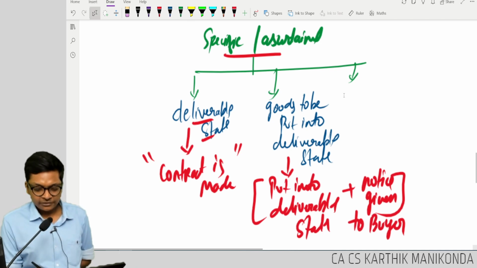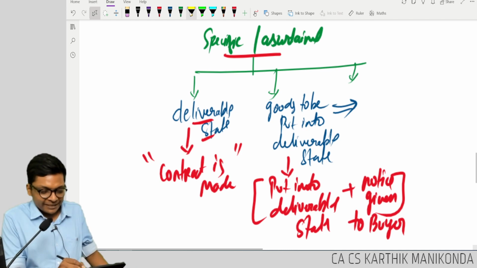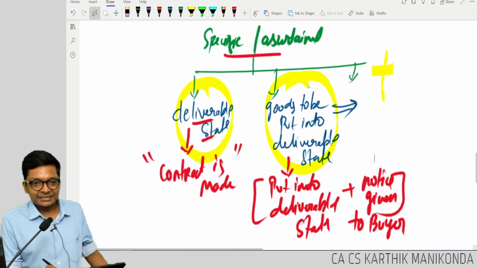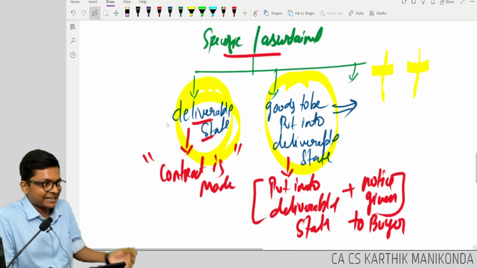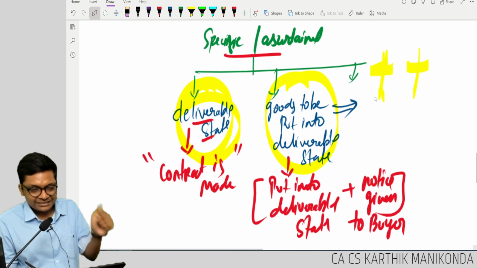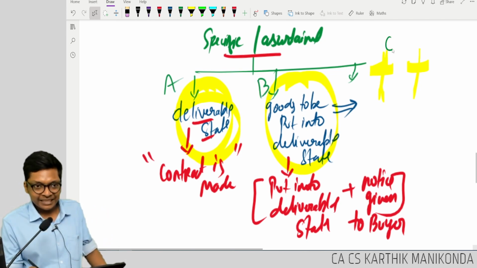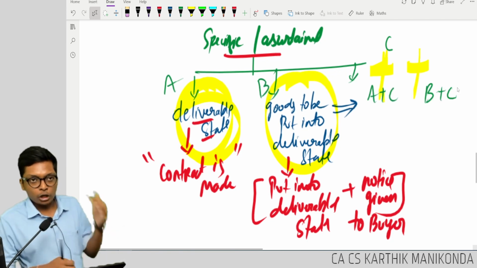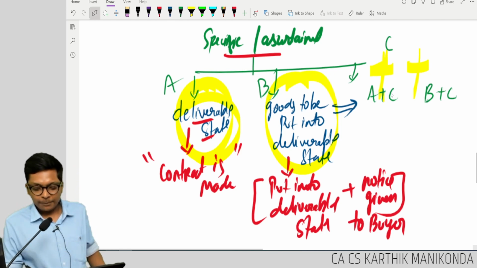Last case is where the same thing will continue. Goods to be, it can be basically this plus this or this plus this. Any one combination. Either goods are already in deliverable state plus the third point. If I write A, B and C, it can either be A plus C or B plus C. Law is not explicit about it, but that's the meaning. Over here what they are saying is, when the buyer has to do something to